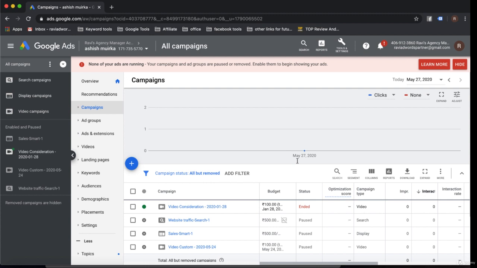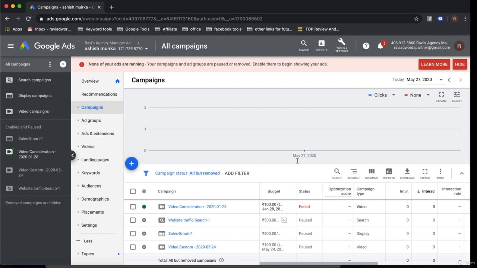Some terminologies we need to know about, like what is CPC. CPC is cost per click, what we are going to pay to Google for one click on our ads. And what is ACPC, that is average cost per click: you are putting multiple keywords and you are getting an average CPC from those multiple keywords. And what is TCPC, that is total cost per click. What is IMP? Impressions and views. Impressions are called in Google search campaigns, and views are called in your display campaigns and video campaigns as well.